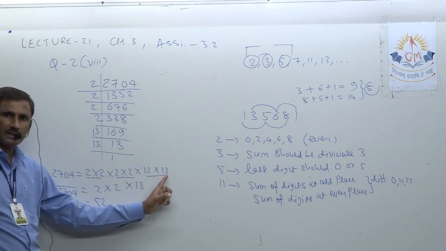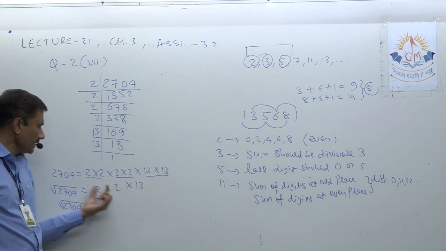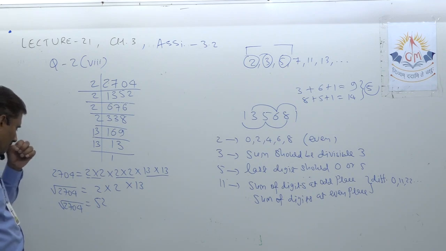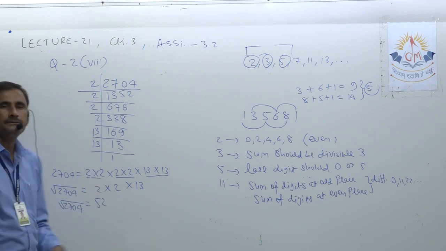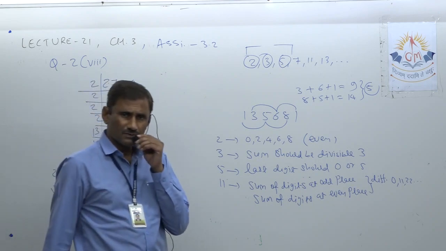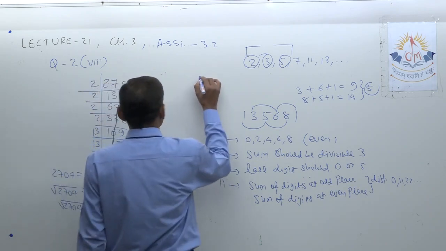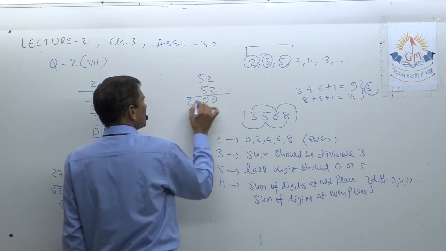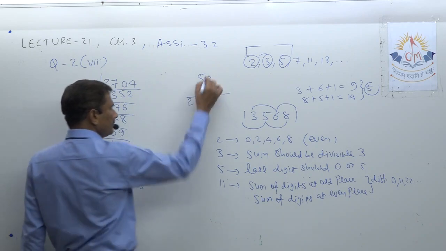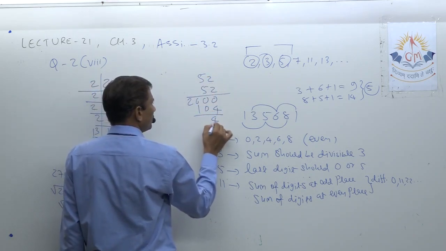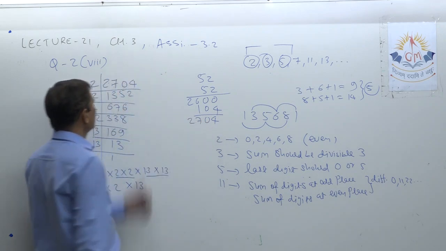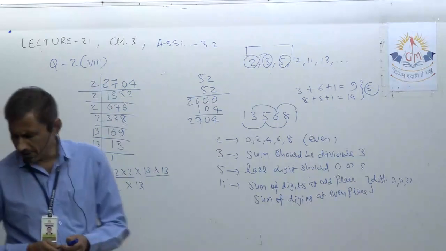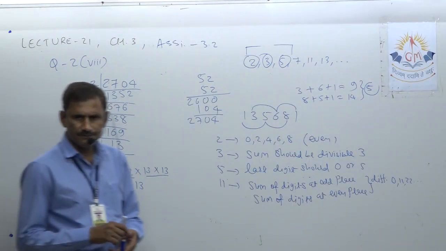After getting the factorization, just list out all the factors. I listed all the factors here and made pairs also. Now out of each pair I just wrote one number, so it becomes 52. Now you can cross verify also. If you multiply 52 into 52, it will obviously be 2704. 2 2s are 4, 5 2s are 10, 4 0 7 2, 2704. Understood? So no need to look for the answer anywhere.